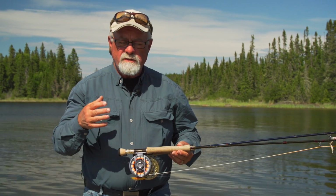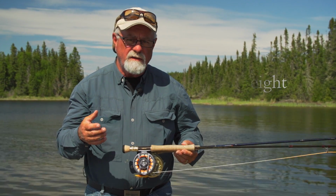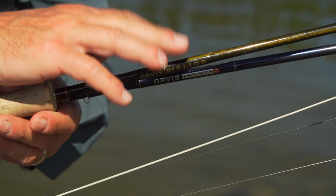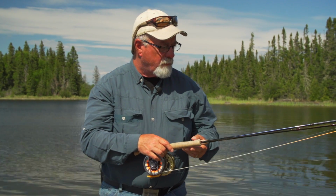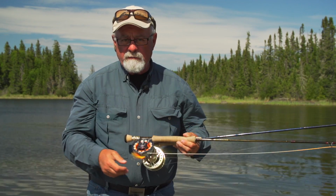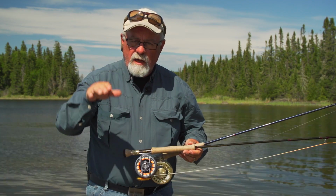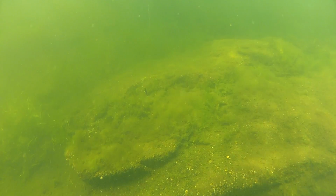Now, when coming to Onaman's, the equipment you need for brook trout: 6-weight rods are what I've been using. I don't think you need anything lighter or anything heavier. 6 weights seem to suit the purposes. They're also strong enough that if you get into a pike, you're okay. I have 2 rods here for a purpose. One has a floating line on it, and the other one has a full sinking line. Reason being, if you're getting into shallow water, I can use the floating line and only get it down a couple of feet. If we get into deeper water, I want a full sinking line to get down and stay in